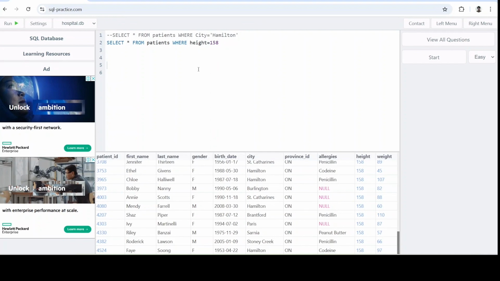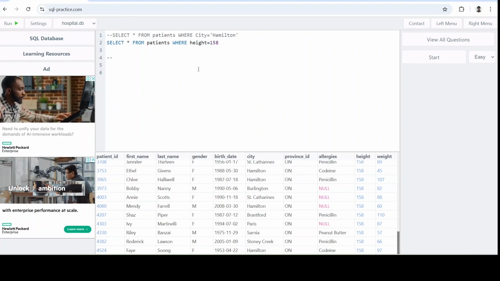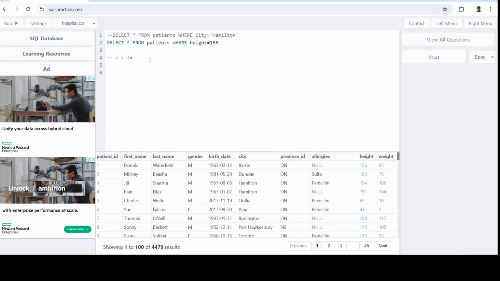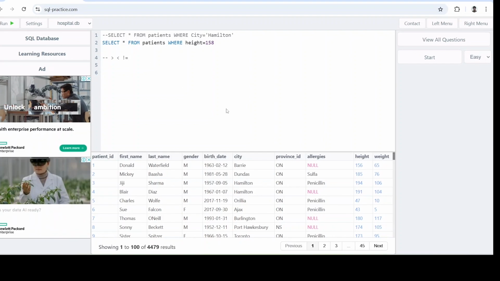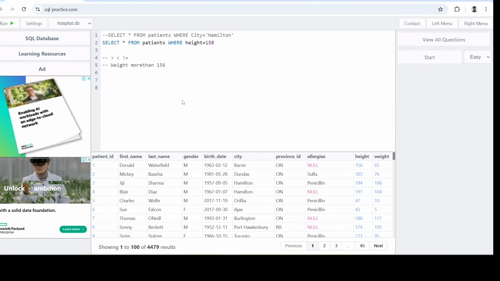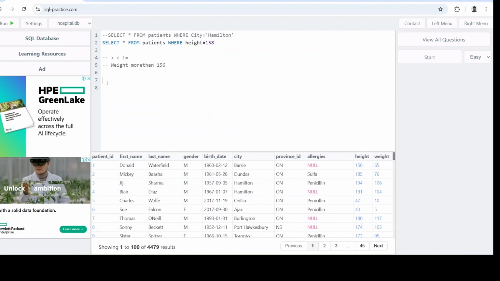So if you want to write greater than, it is simply using the greater than symbol, less than is the less than symbol, and an exclamation and equal to for mentioning not equal to, like this. And now do one thing, pause your video and write a SQL query to get all patients whose weight is more than 156. I hope you got that. If you didn't get the correct query, let's check with mine. It will be select star from patients where you have to put this where clause